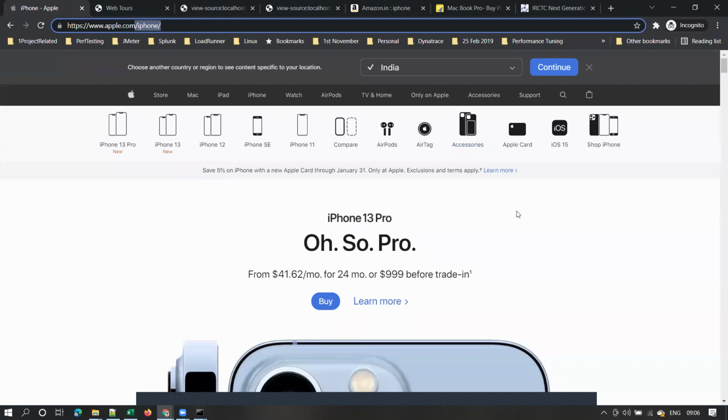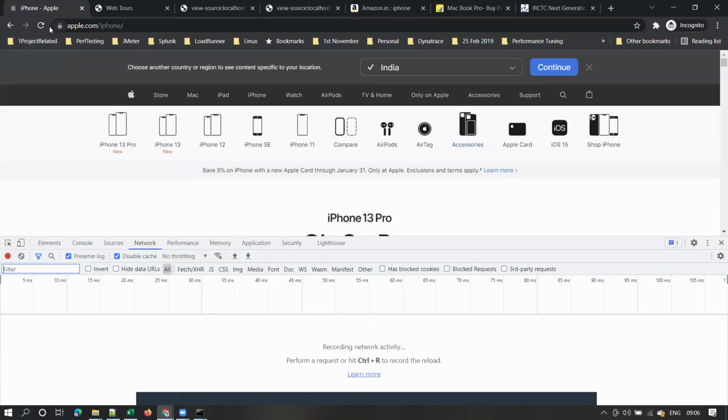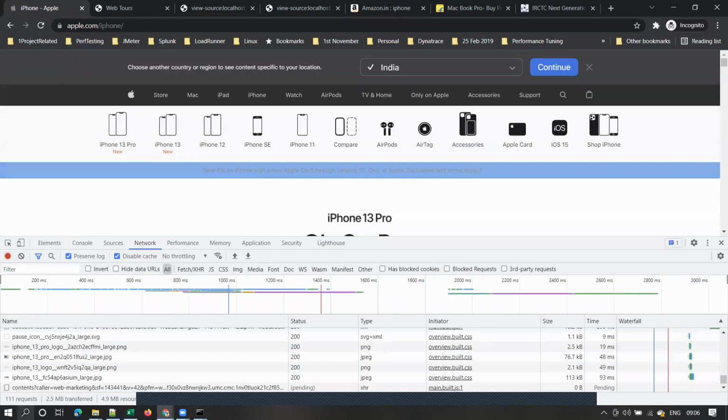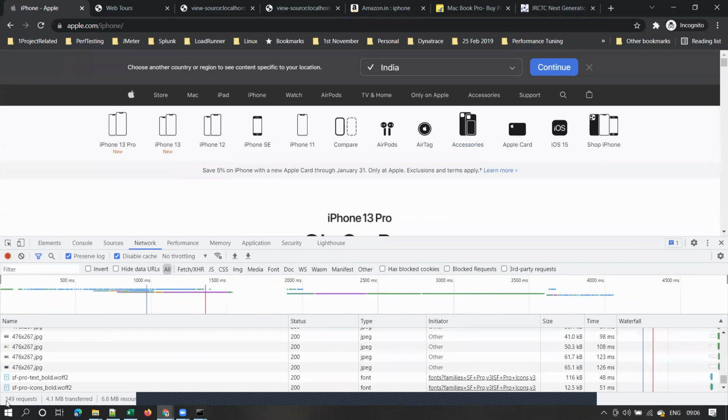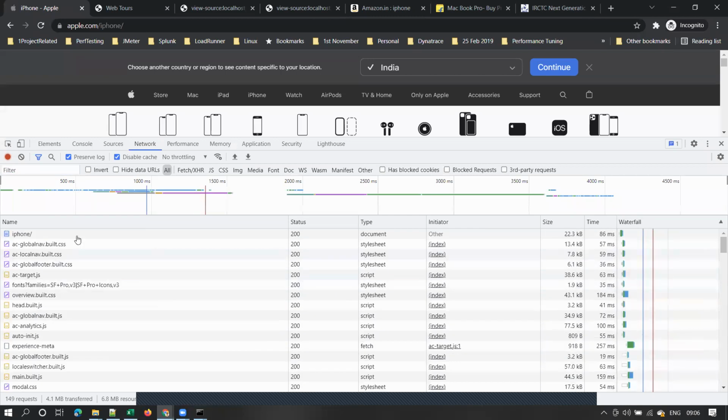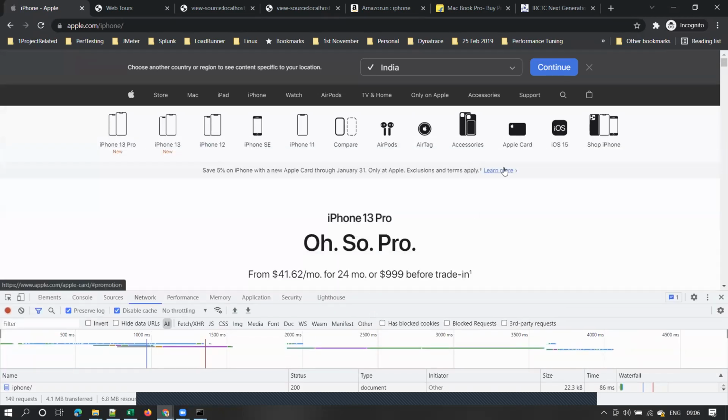If you take the apple.com example and send a request, observe here, there are a lot of sub-requests. There are 149 requests in total. Once the browser receives the response for each of these requests, it will render the response and show the final page to the user like this. So this is called the HTTP request-response cycle.